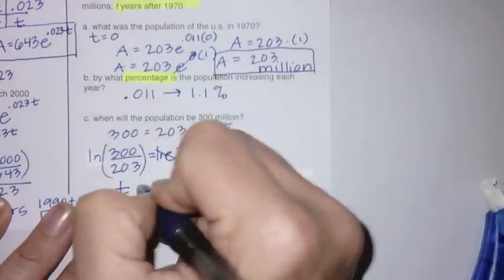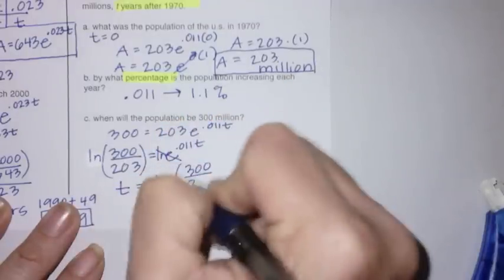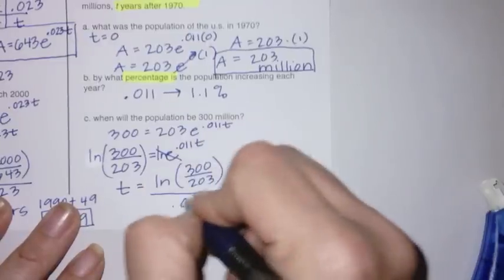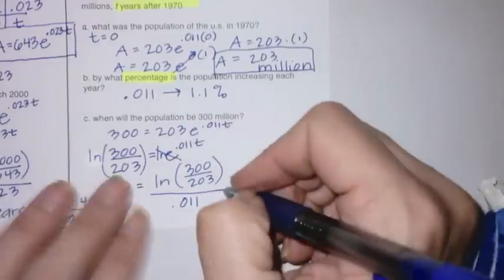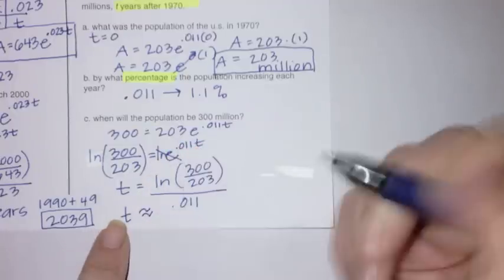So T is the natural log of 300 divided by 203. And then because there's that 0.011 with the T, we have to divide it out. So we get T is approximately